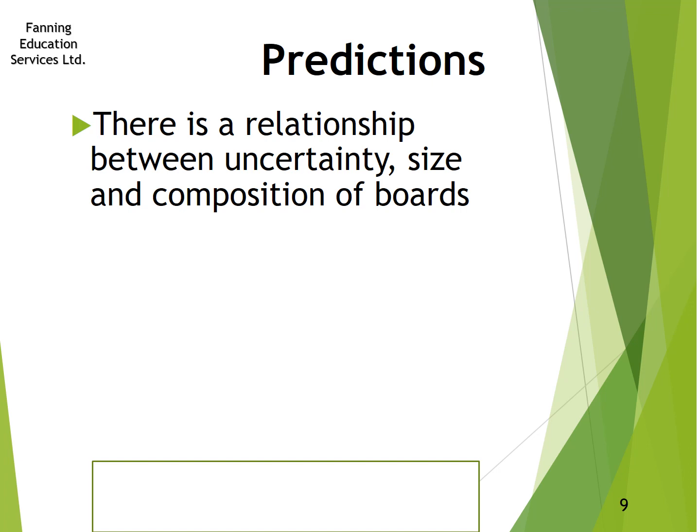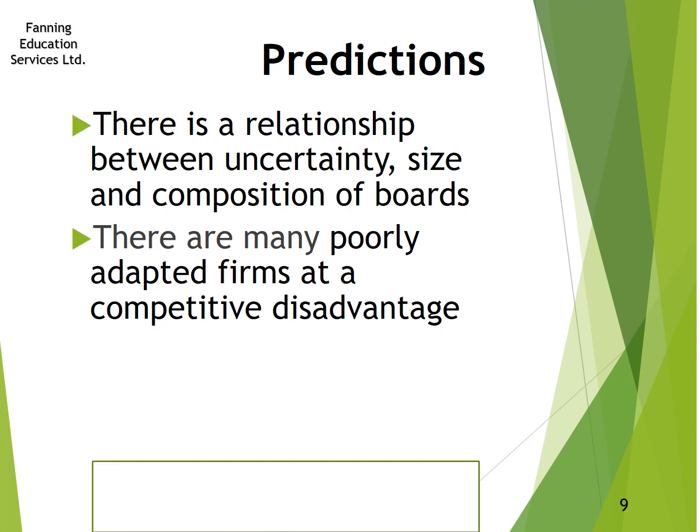The idea being that if you are, for instance, an international supply chain that runs through 3 or 4 countries, you will have to have people who have knowledge of all 3 or 4 of those countries on the board. You will also need people with knowledge of the various products, the various raw materials that come from those countries. But it also says that for the first time we can start to see that there is a financial and strategic and competitive advantage if you adapt to your environment. If you have a diverse board, if you have information from elsewhere, you will be able to perform better than those firms that have not made this adaptation.